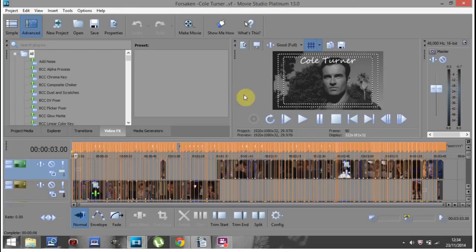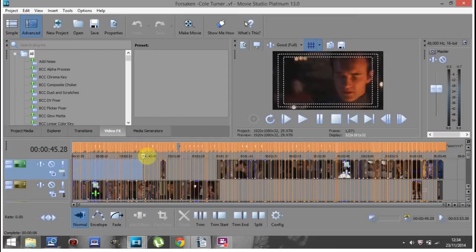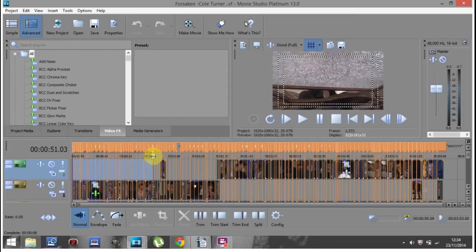So a way to fix this is to select parts of the video that you want. Now usually you can't select too much, but trust me, it's better to be able to select a little bit of it than not be able to play any of it at all. So you can select a certain amount, and then what you would do is click Shift B or go to Tools,